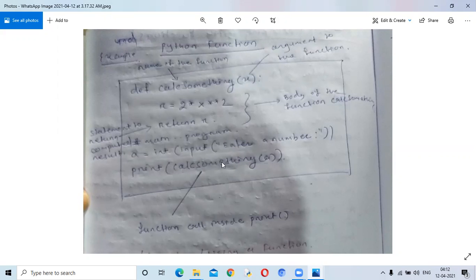So when this statement executes, the control goes to the definition of the function. Then suppose x is equal to 20, then 20 is passed here. The 20 is received by this x. Then the two statements will be executed depending on the value of x. So here r = 2 * 20 ** 2. Then it will return the value of r to this calling function. Then the print statement will print the value of r is equal to 2 into x square. So this is known as a function call inside a print statement.